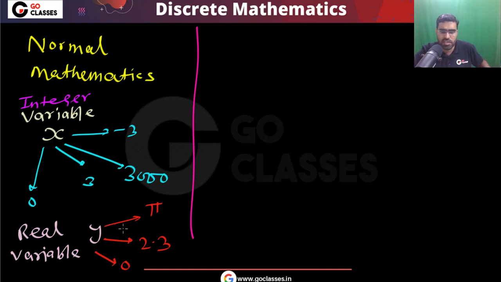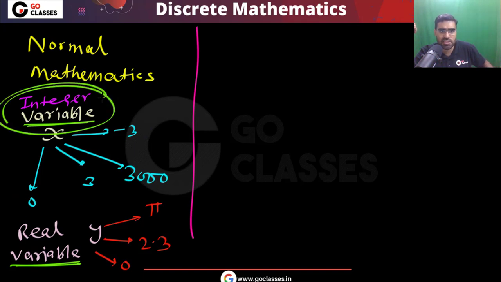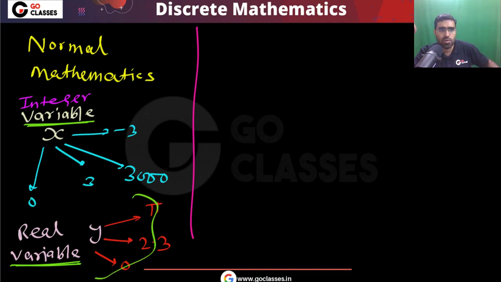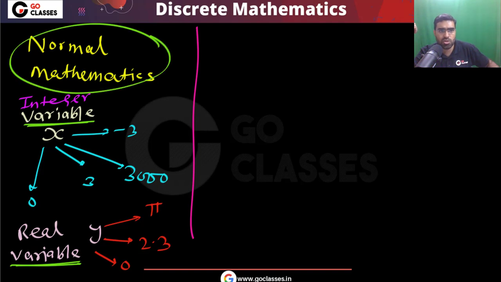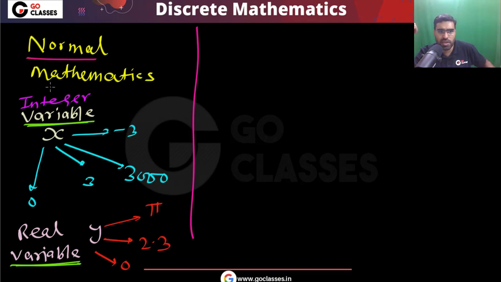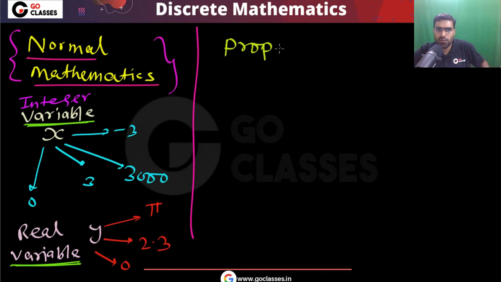So in this normal mathematics, these variables can take many different values. If you have an integer variable, it can take any integer value. If you have a real variable, it can take any real value. In the normal mathematics that you study, or I can say number theory, simply consider this as number theory. So in the world of mathematics, every variable can take many different types of values. But if you notice the world of propositional logic, if you focus on this world,